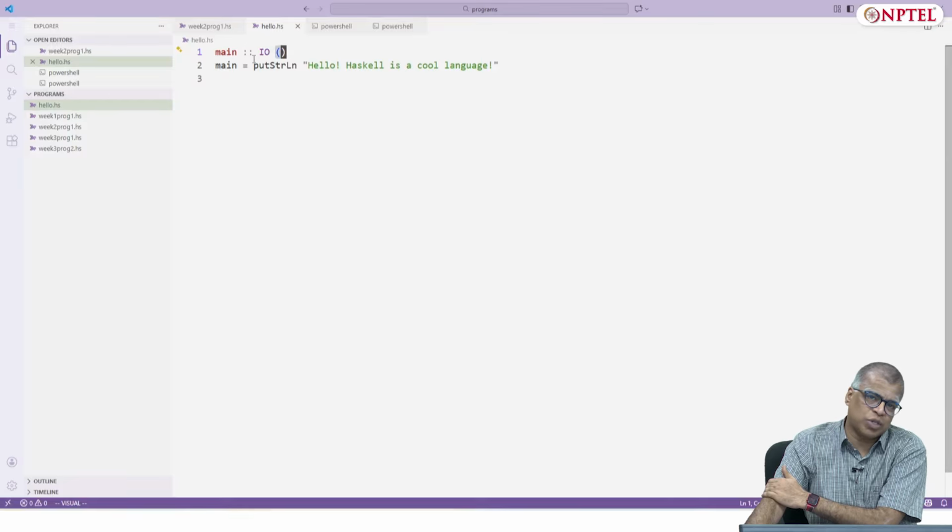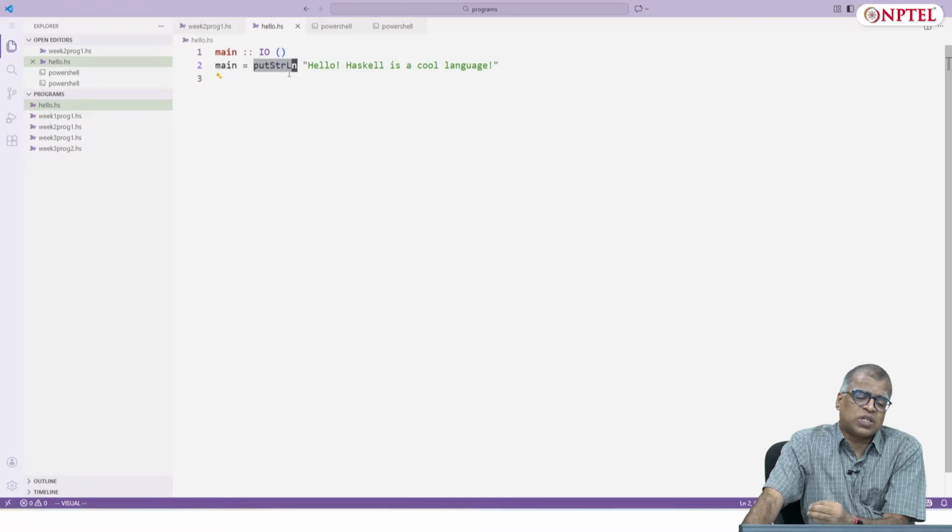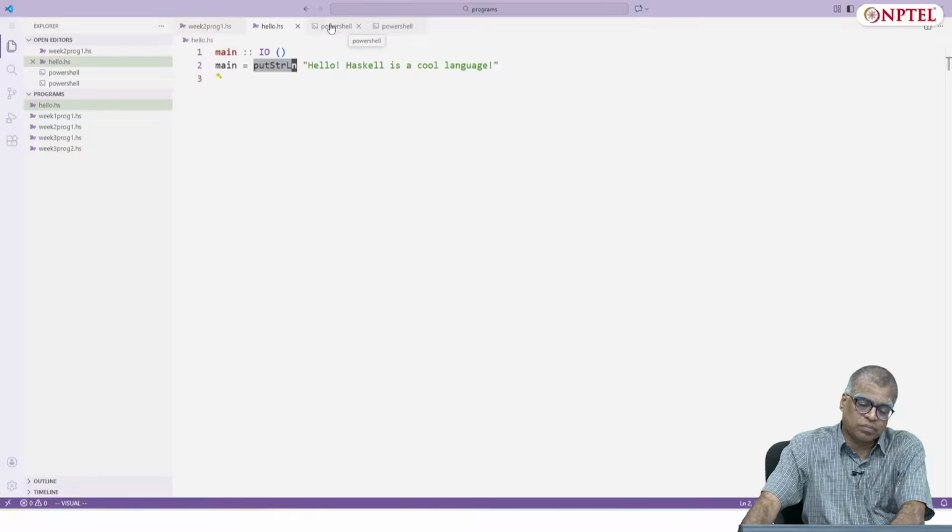You can of course do much more, but in this program all I am doing is writing hello world. This is a hello world program. One of the things that this uses is what is called putStrLn. You want to put a string on a line on the display, on the output device, whatever the output device is. You write like this. Right now you don't need to worry about what the function is actually doing, but all you need to know is how to write such programs and run them.